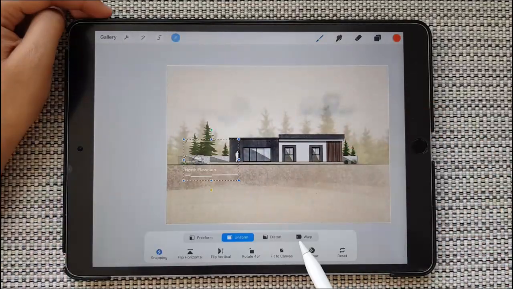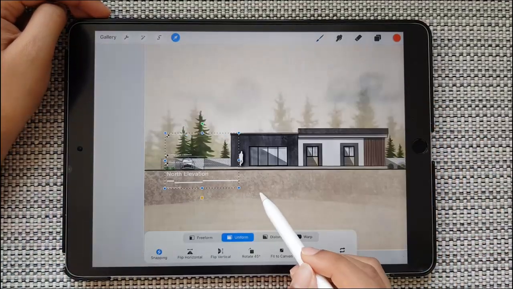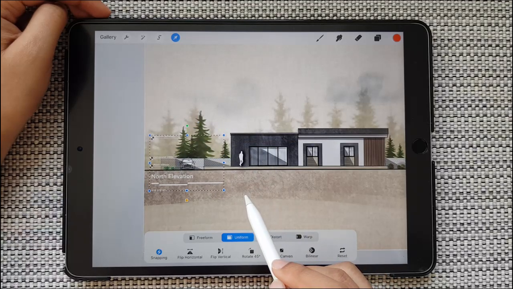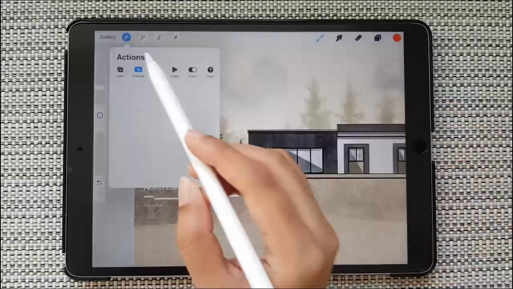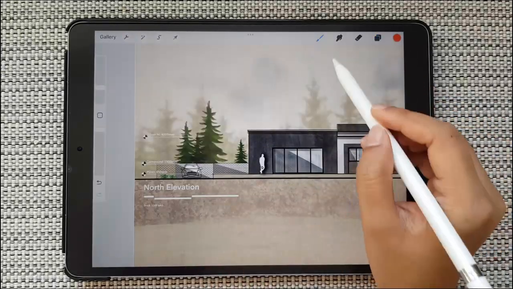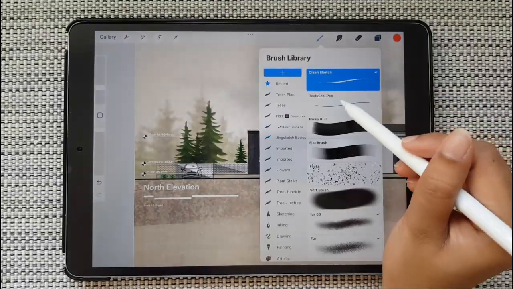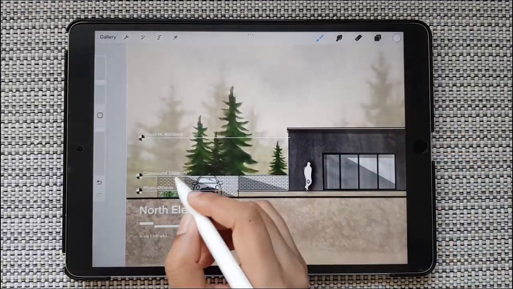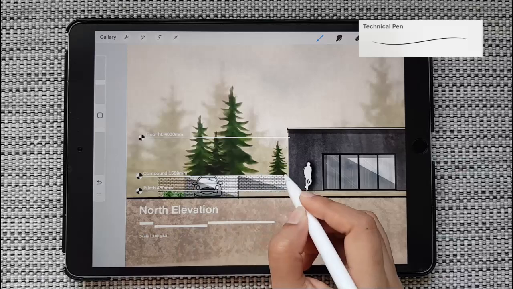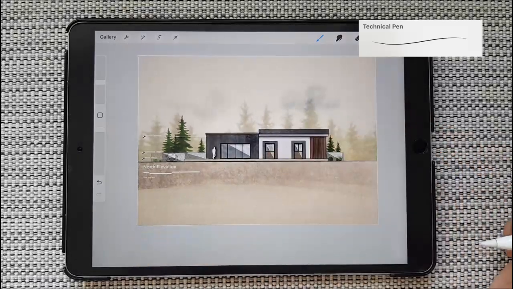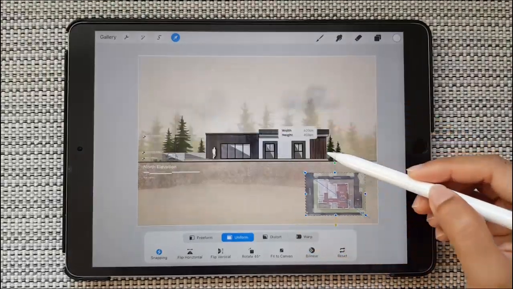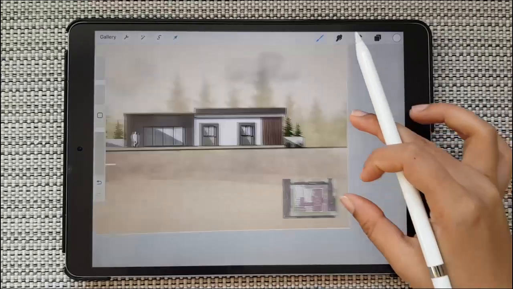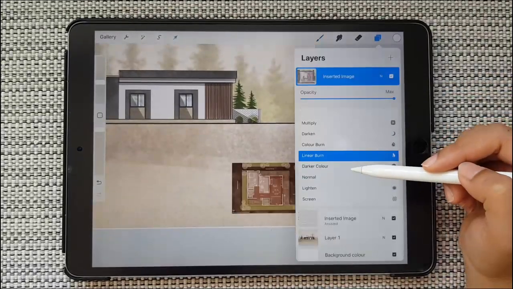And then I just copy pasted just the text or the levels from the original file. Just extending these lines. So there you go. You can also import the plan into the canvas like this, and I'm going to convert